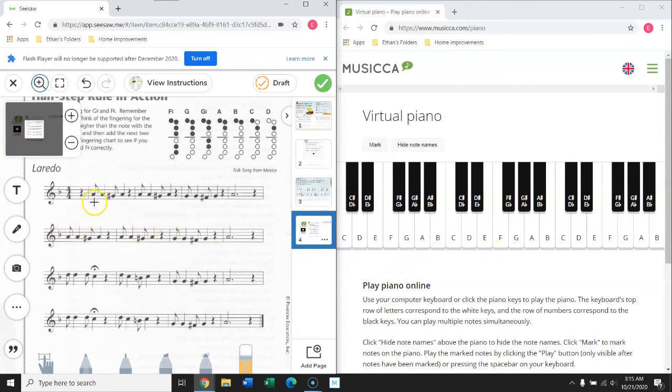The first notes we need to know are A, G sharp, A. And you can find those right here. A, G sharp, A. The next notes you need to know are G, F sharp, G. And they are found right here. G, F sharp, G. The next set of notes you need to know are D,